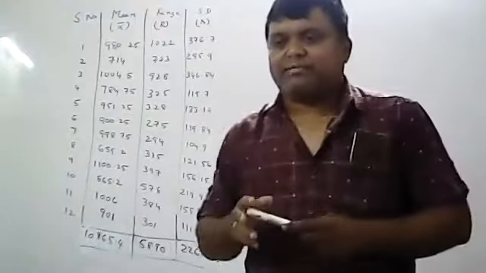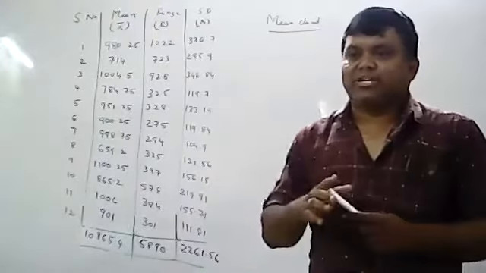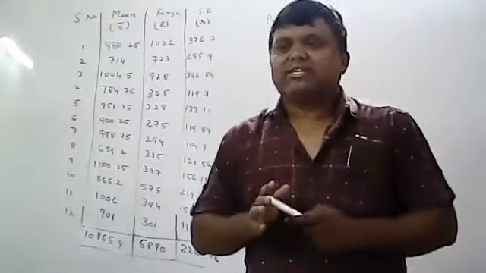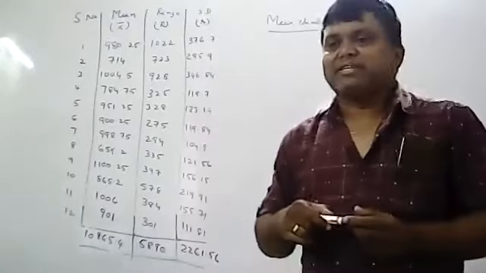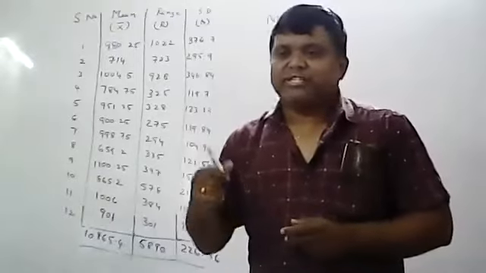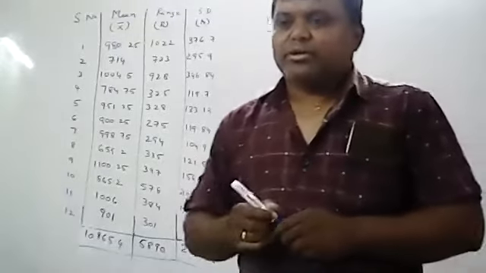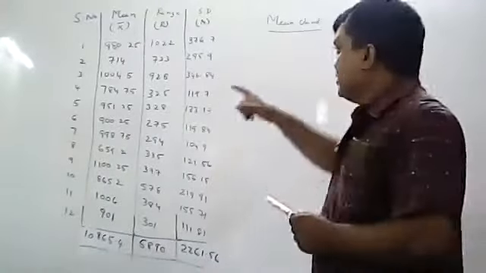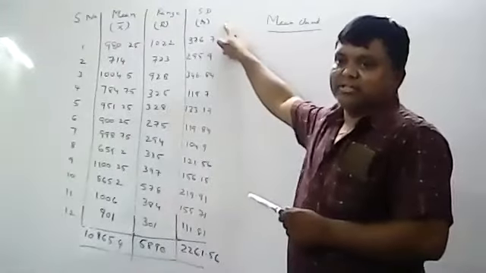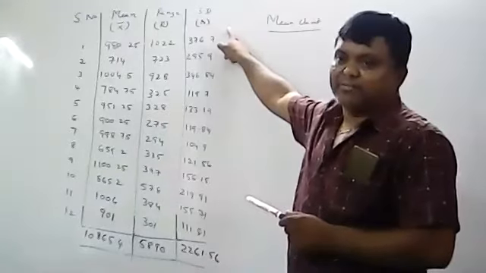I have told two sets of formulas. One is estimated with range. One is estimated by using standard deviation. So if you did not mention anything, always use the first one, which is by using range. If it is specifically mentioned to use the standard deviations and calculate the mean chart, then you can calculate the standard deviations and use the second set of formulas I have told.